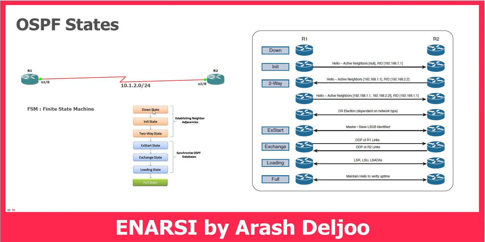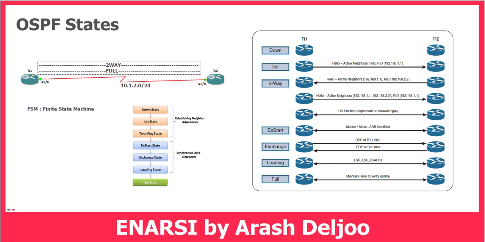As you can see, down, init, and two-way are states of establishing neighbor adjacency. This means if two routers establish neighbor adjacency between them, they actually reach only the two-way state. But if these two routers are exchanging link states with each other, they reach the full state, and